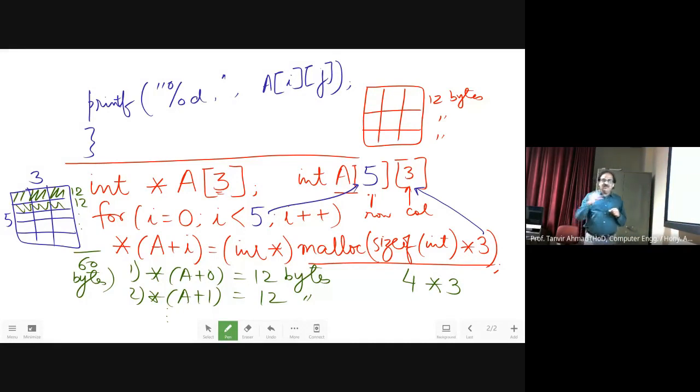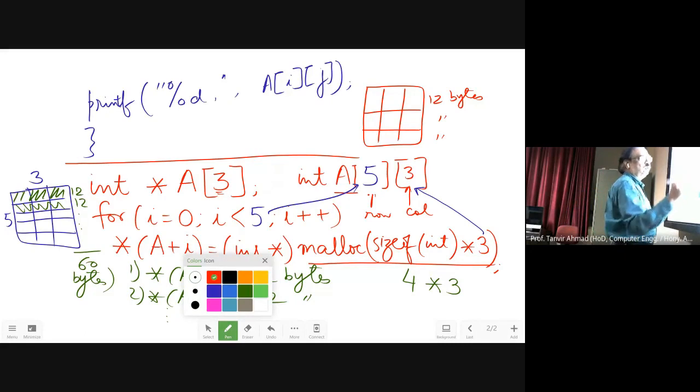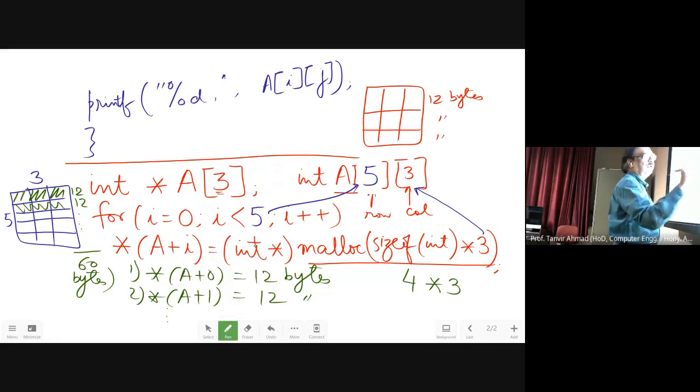That means each and every row is being allocated 12 bytes each time. And this is actually how you are going to use a pointer to an array. Now here, one thing you should be very clear about: once I am using this concept, I am reading row major-wise. Row major means you are going to read the first element, this one, second this, third this, fourth, 5, 6, 7, and so on.